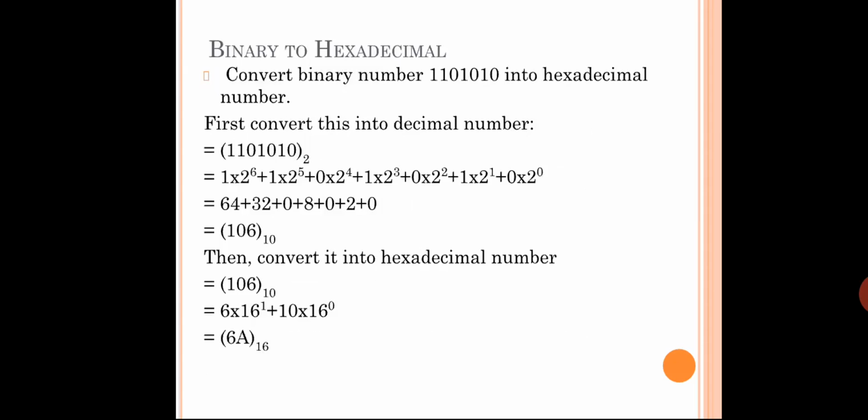But if the question is for better marks, like 5 marks or 6 marks, you cannot directly write the one step answer. And this is the actual method also. You have to follow this method. Whatever binary number you get has to be converted to a decimal number, and from decimal to hexadecimal number. Follow this. Try to solve. Take your own example. If you want, you can take your own age as an example, or any number. Say, if you want bigger numbers, you can take 150, 180, 200. Try to do that. If you have any doubt, you can ask me.